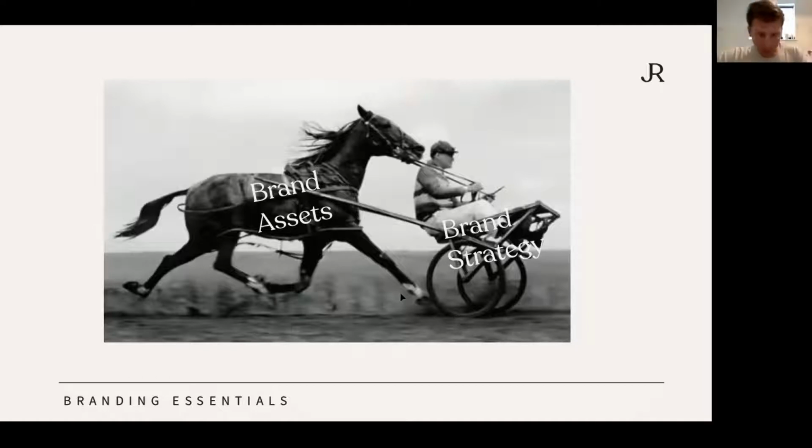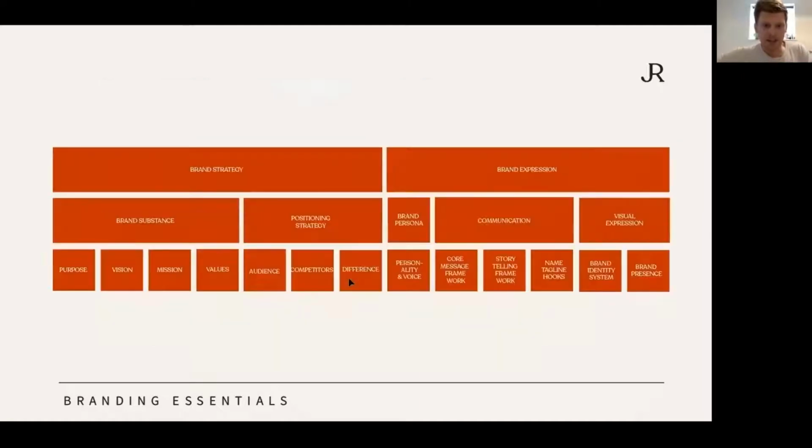So most people are essentially putting the cart before the horse. If you haven't got that by now from looking at this image, then sorry, I probably should have said that off the top. So this is basically what I work through with clients, right? It's a big, scary table, but don't worry. Essentially, you start left to right. And what we're going to do today is just ask questions that I ask clients about,